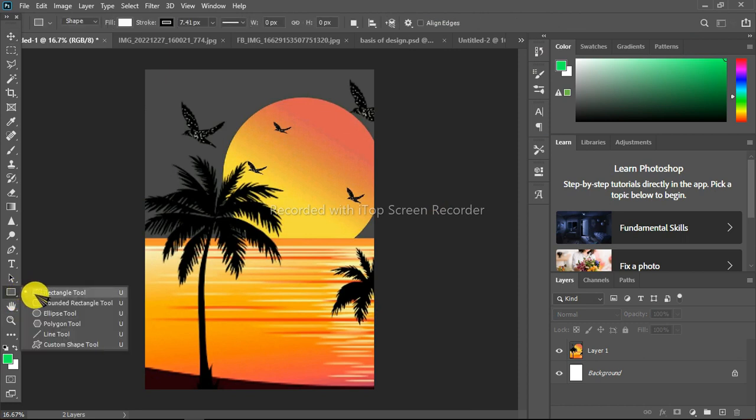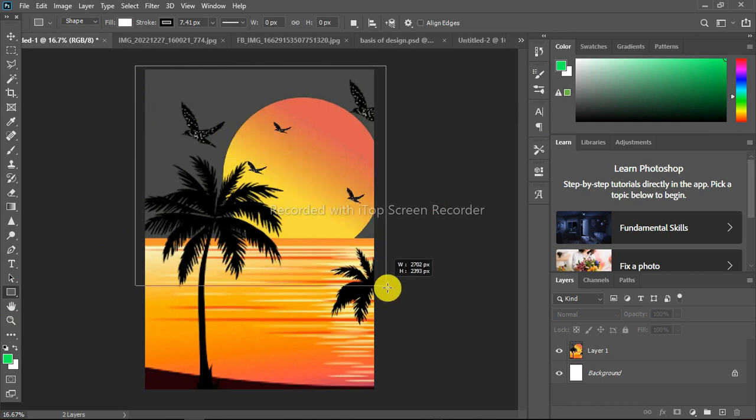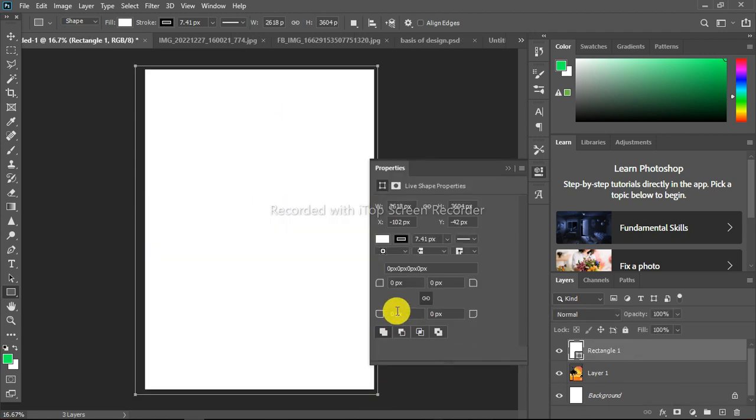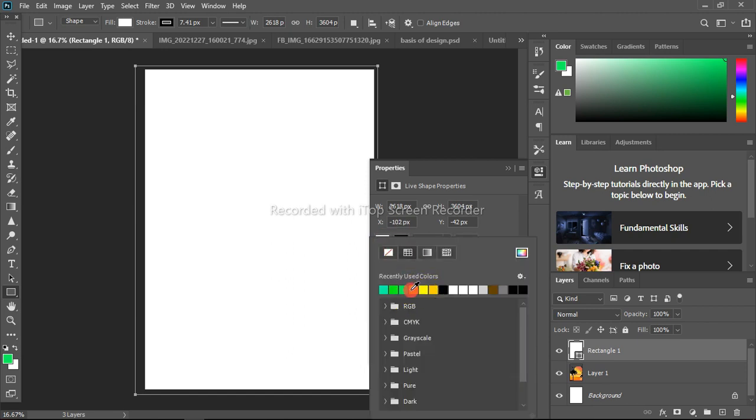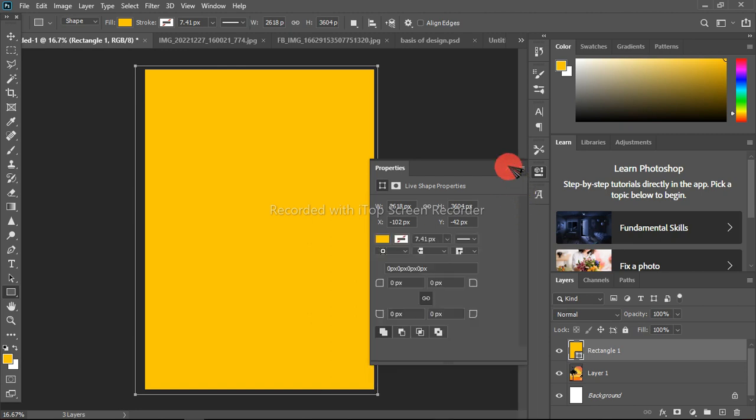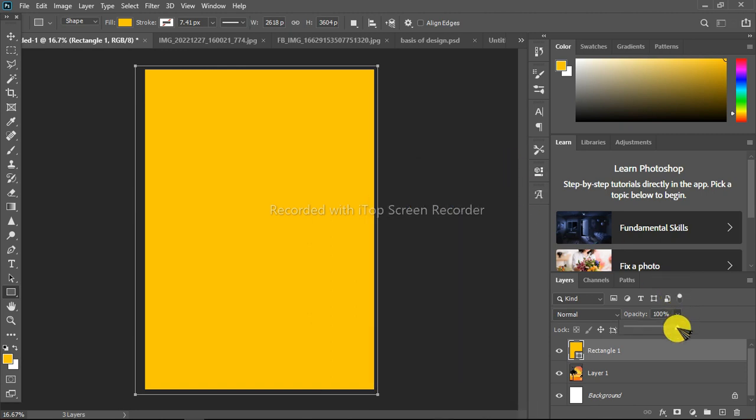Alright, then I right click on the shape tool and I'll select the rectangle tool from the drop down menu and I'll draw it across the document, the template. So what is next? I have to fill this with a yellow color. Then my stroke, I'll give it no stroke. Then over here we have to reduce the opacity